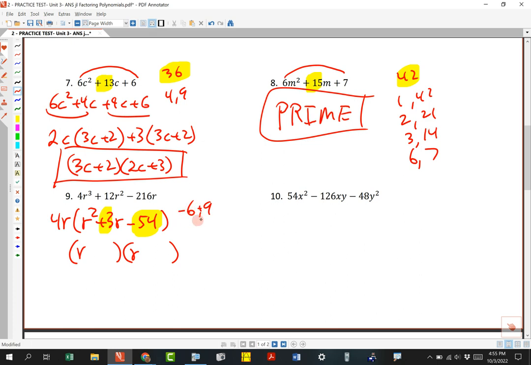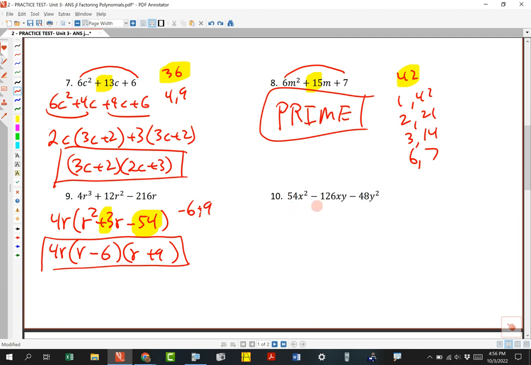So let's just double check. Do they multiply to be negative 54? They do. Do they combine to be positive 3? They do. So I can write a negative 6 and a plus 9. And don't forget to put the 4r out in front there. So we've got that one. And then over here, let's go ahead and see if we have a common factor, because